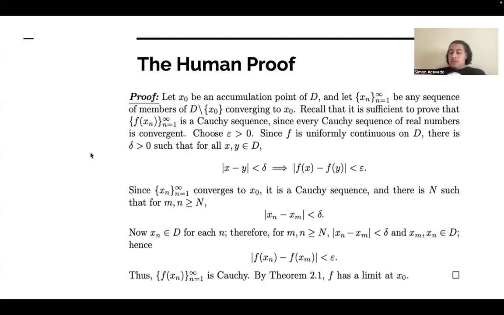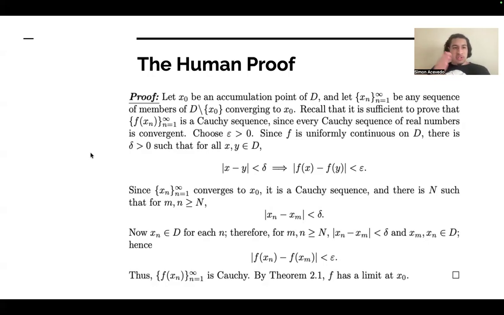Since the sequence of the x sub n approaches a value, it is Cauchy, so it converges, and uniform continuity forces the sequence of the values of the function to converge also. So that sequence is Cauchy, and it converges, which means that f of x approaches a single value